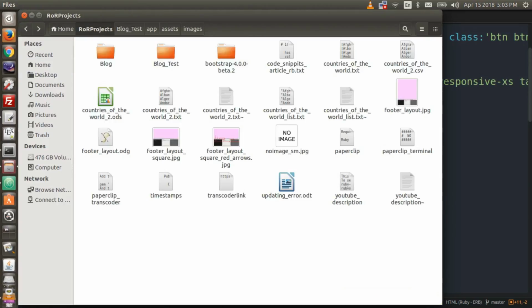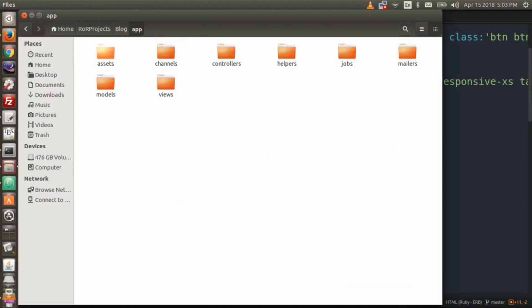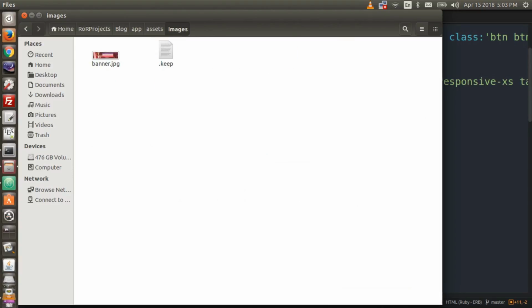So there is my placeholder image. I copy it, I go to my blog, and then the app folder, assets folder, image folder, and I paste it in. Okay, and actually I named it underscore sm for small, so I need to do that